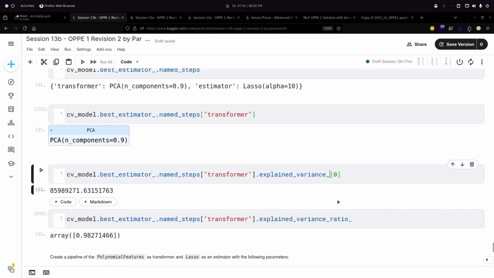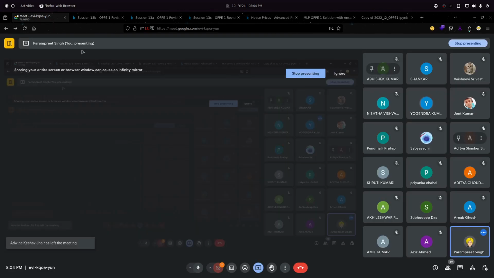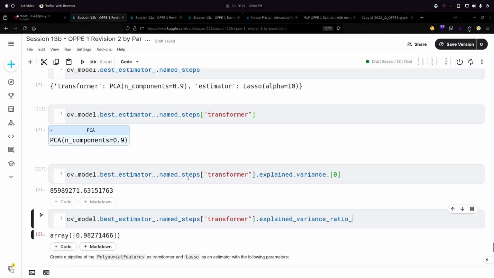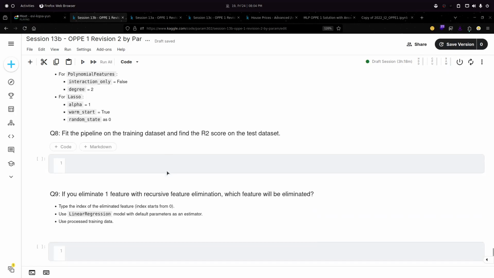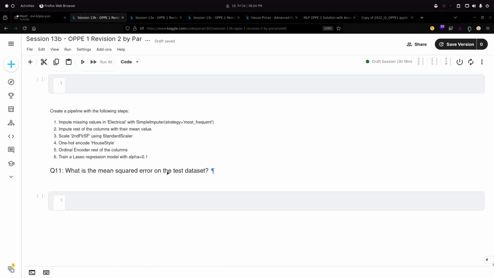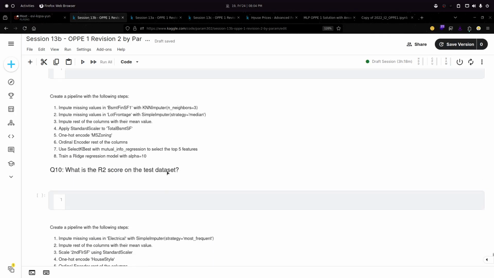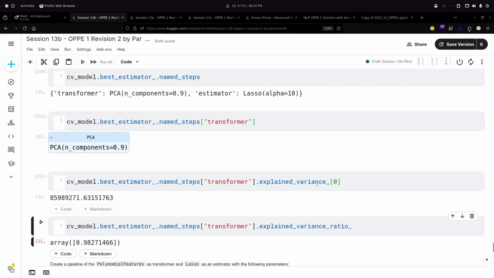If they have asked for ratio, then only you have to use this ratio. Just keep this in mind. And if you do this, I think your 8 marks question will be done. So yes, Param, that explained variance of 0 is like the first eigenvalue. Right, the first eigenvalue. Achha.